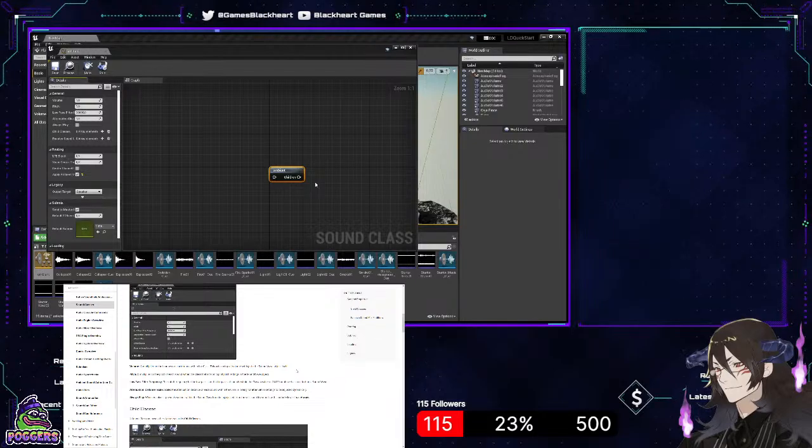Okay, pitch. A multiplier on the pitch of each sound within the class that acts on top of the pitch settings of the sound wave object. So same as the volume there overall. Now I don't know personally what the major difference is, like what affects pitch.